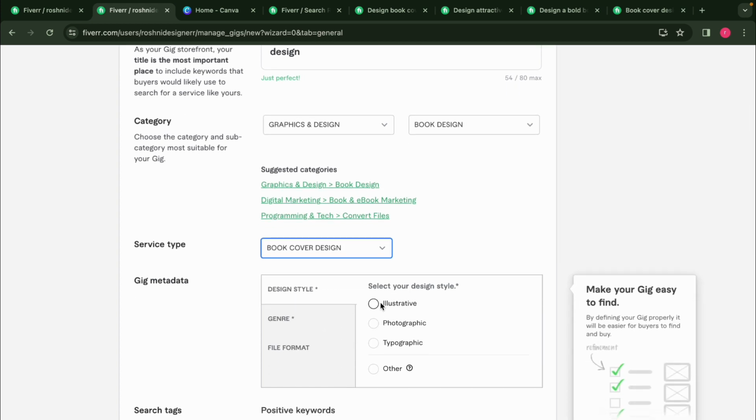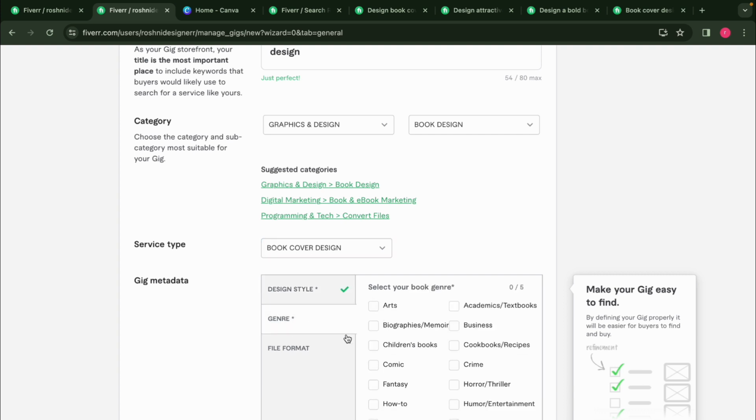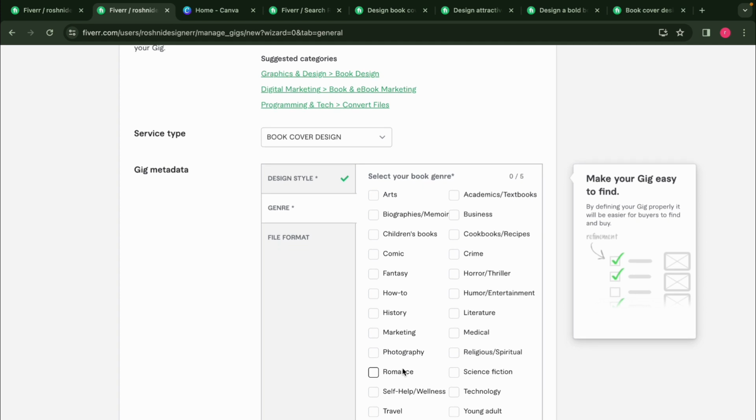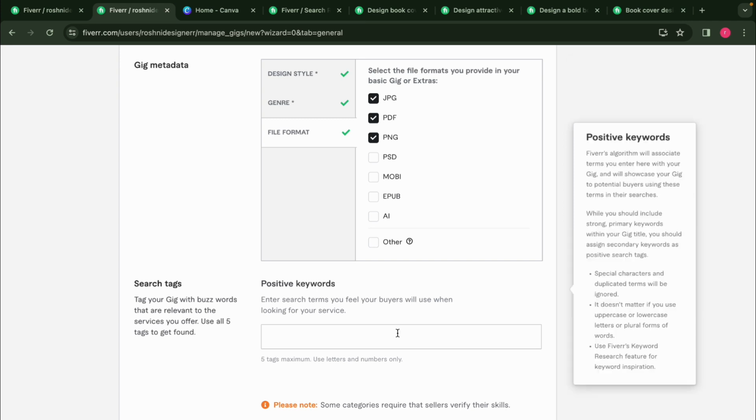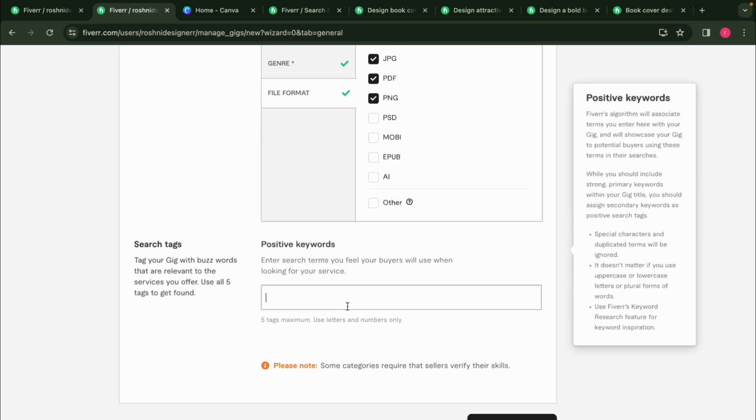Now our design style is typographic, because as you have seen, in typographic style there is less competition and there are still some orders. And for genre, you can choose anything you want and whatever you are interested in. And now the file format. Now let's use some positive keywords. I have used